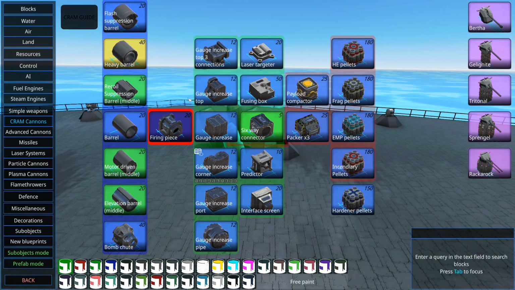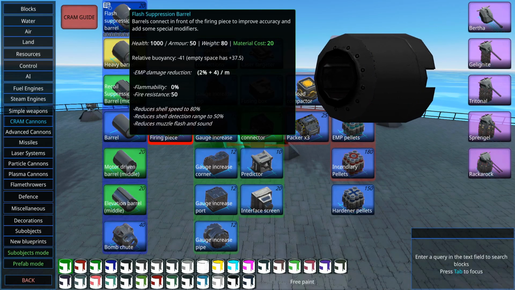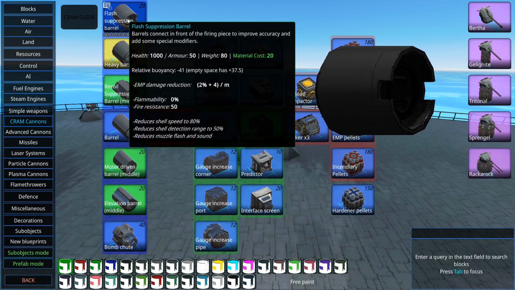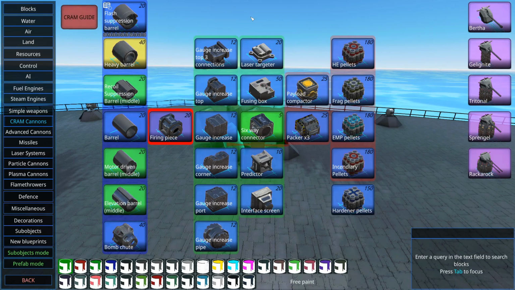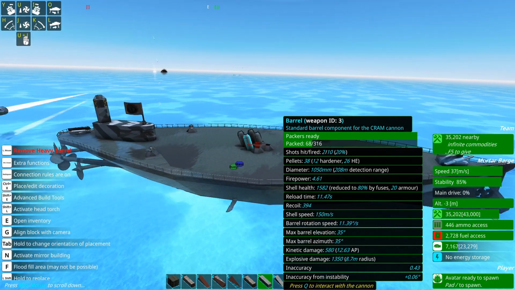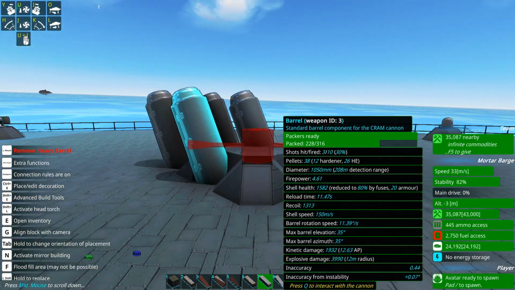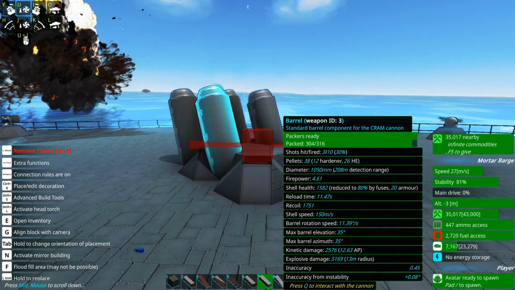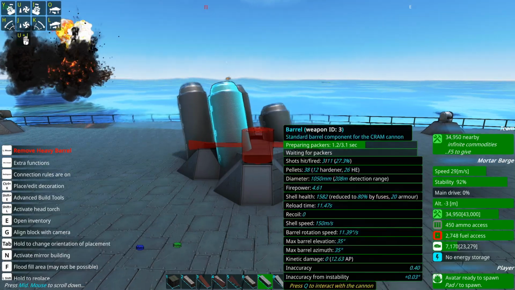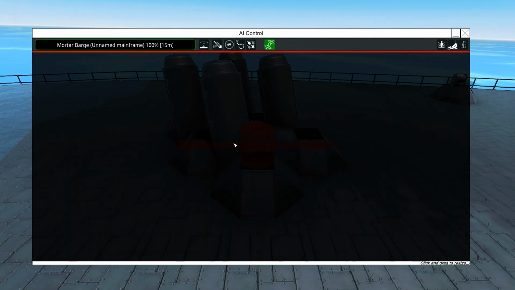It's with these barrels. So recoil suppression, and especially flash suppression, reduces your shell speed, but with CRAM, especially with bomb shoots, the shell is going to be slow as hell anyway, and it doesn't actually affect it that much. So if I turn this off for a second, because that mortar is never going to hit us, famous last words,